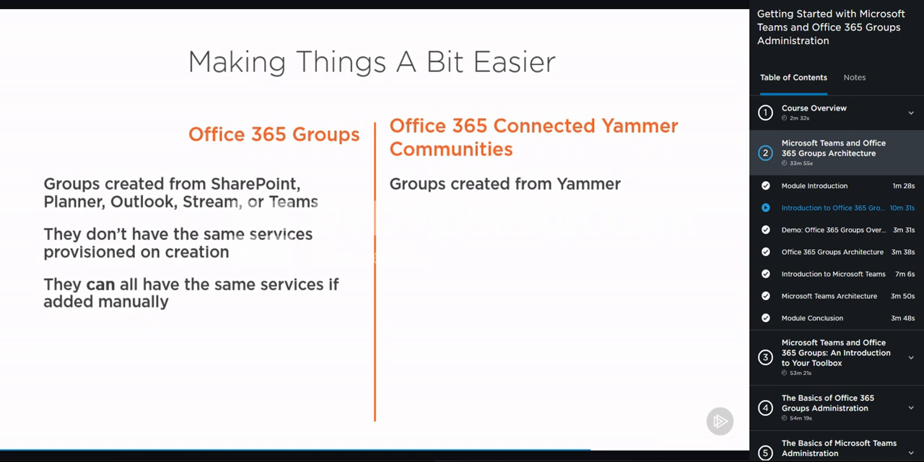So those are the groups created from Yammer. They're more limited in terms of what services can be added to the group, but really important that from a management point of view for us admins, there's still Office 365 groups. So all of the membership management, all of the PowerShell commandlets, they're all the same, but we're just going to